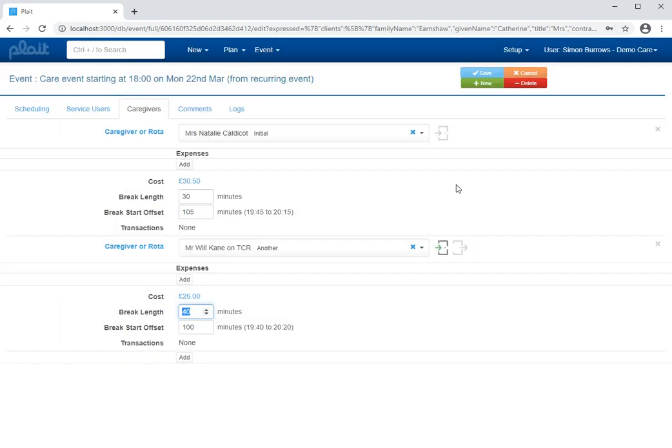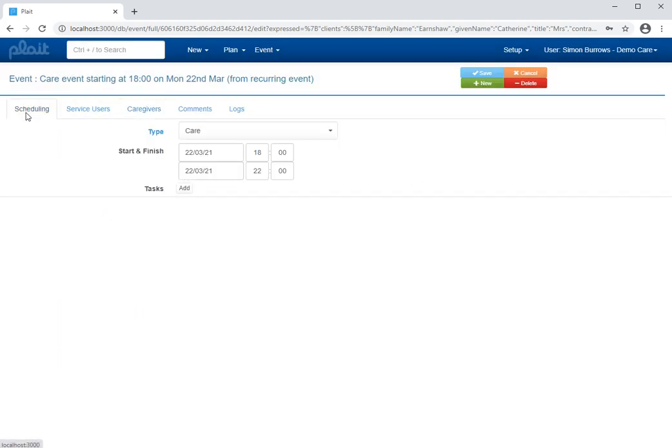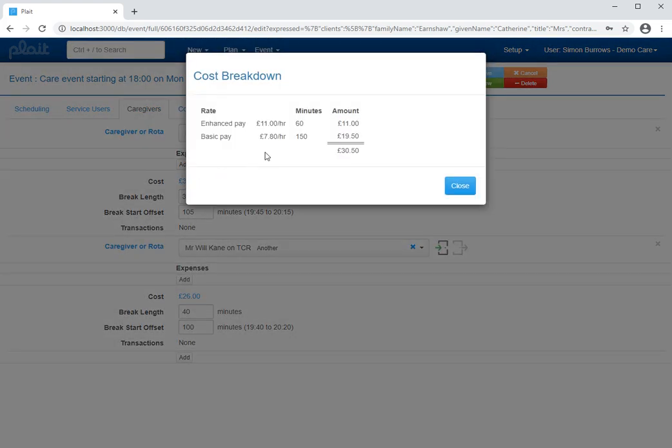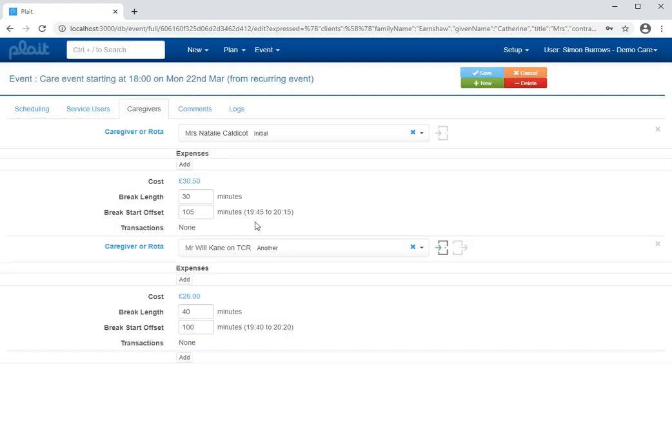The enhanced pay kicks in at 9 p.m. So in this case, it's the last hour of the event, hence 60 minutes of enhanced pay. The break by default is falling from 7:45 until 8:15. So in other words, the entire duration of that break falls during the basic pay. If I was to significantly increase the break start offset so that the break now finishes after 9 p.m., as you can see there,